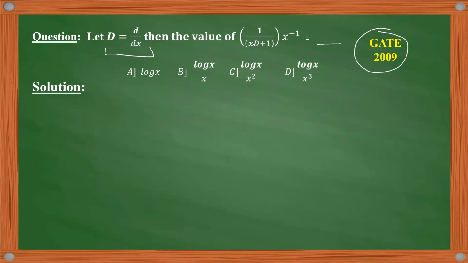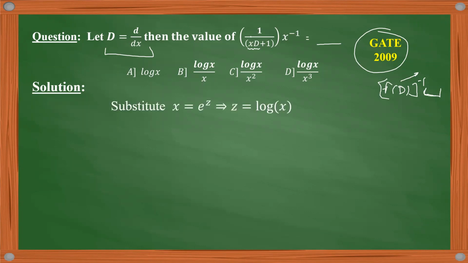Now we know that if we just have D, then we can easily solve it by this method of f(D) inverse, and here it may be any kind of polynomial. We will do its series expansion and then operate term by term. But here it is not a simple D, but it is written as xD. We have seen in the Cauchy-Euler method, as well as in Legendre's method and the normal form method, that if our term is multiplied by a variable coefficient, we make a substitution like x is equal to e power z, or z is equal to log x.